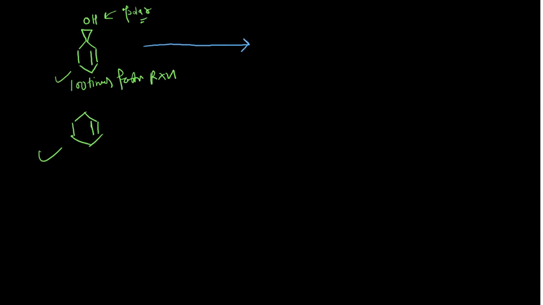So in the Simmons-Smith reaction, you take your diiodomethane and then you take your zinc copper couple, and you end up with this product. This is a very important feature which I am going to explain here. What will happen? This is the OH group which is present here, and in the Simmons-Smith reaction, this double bond will get converted into the 3-membered ring. So here you will form a 3-membered ring. So your product will have this 3-membered ring.